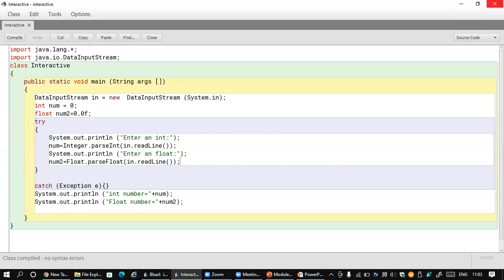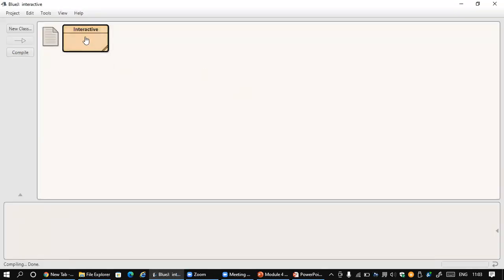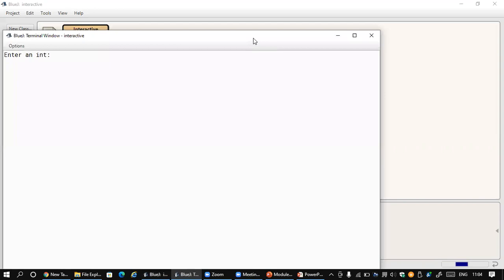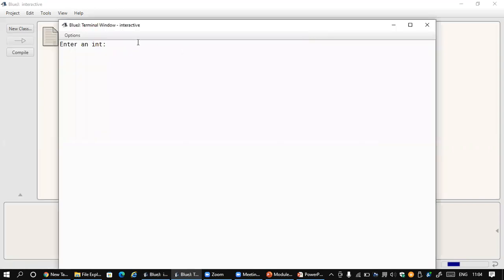If there is no error, we will close this window, come to our class, right click on the class and select void main(String[] args) over here. Then it will ask you to select the method, and I select the main method. As soon as I select the main method, it prompts on the screen, "Enter an integer."